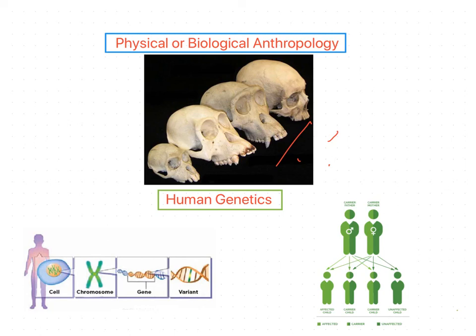Next one is human genetics. It is the study of heredity, the process of transmission of genes, or characters or traits from parents to offsprings, and associated variations that can play a role in causation of defects or diseases. Such things can be studied under human genetics. So these are all about the divisions of anatomy.